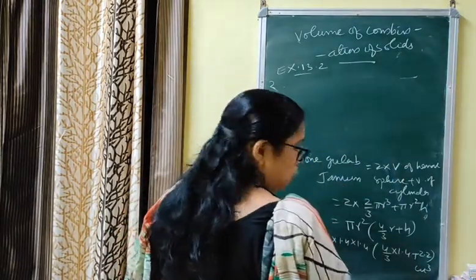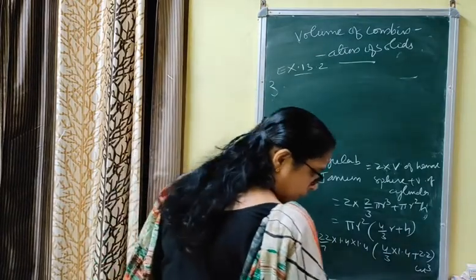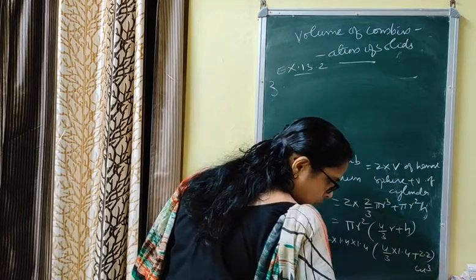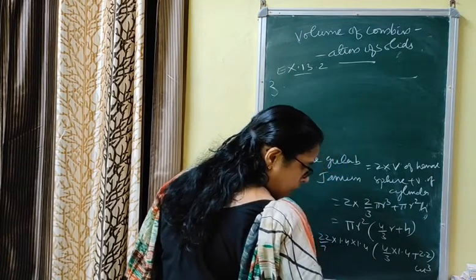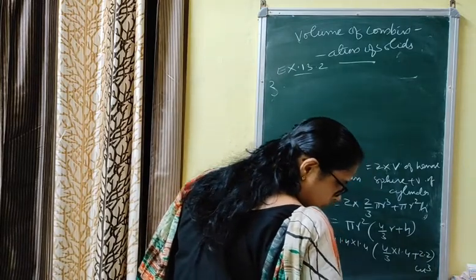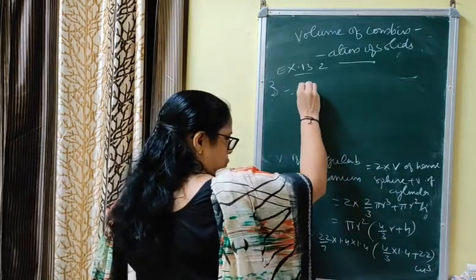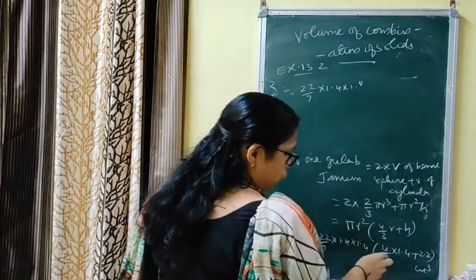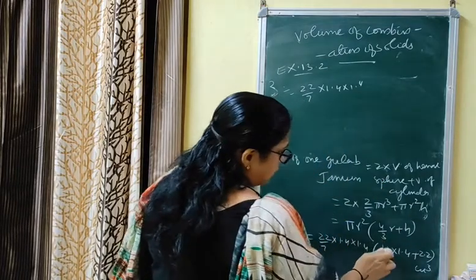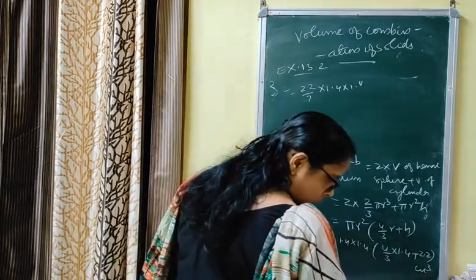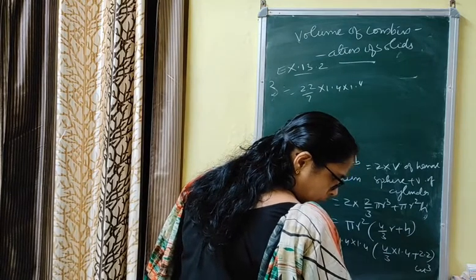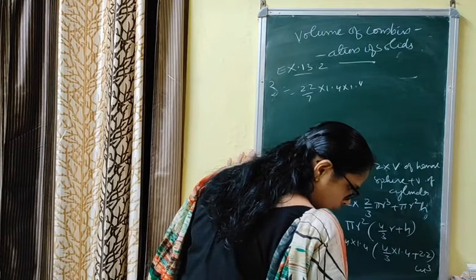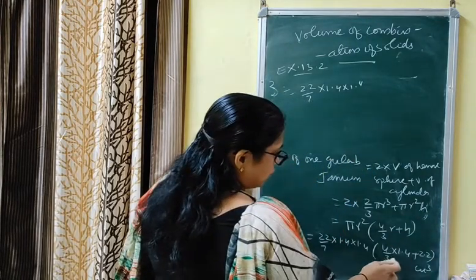Calculation, you have to do very carefully in mensuration. Now this is the volume of one gulab jamun, and if you solve this, I am not going to show you any calculation step. That is, 22 by 7 into 1.4 into 1.4 into 4 into, in the bracket, 9.6 plus 2.2. Let me check, 9.6 plus 2.2. You will find the value of this is 5.6.